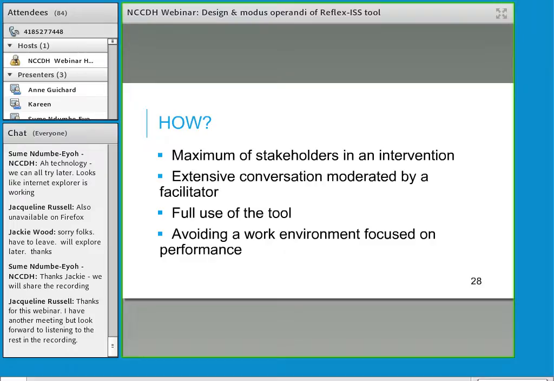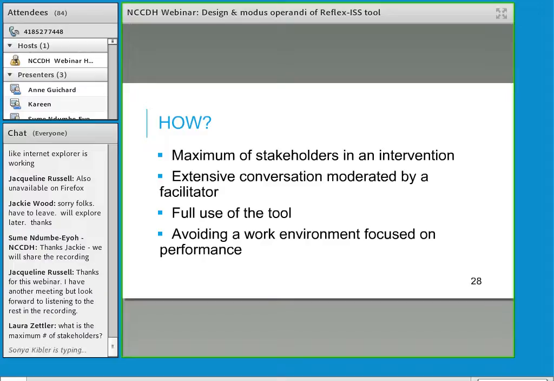In addition, we recommended to carry out the analysis in support of a larger method instrument, including in-depth discussion, which are the only ones that can bring out qualitative aspects of a given project and help stimulate a reflexive analysis of teams in action. The tool, even if it is flexible, should be used in its entirety so that teams examine social inequalities in health in detail and avoid a working climate focused on performance.